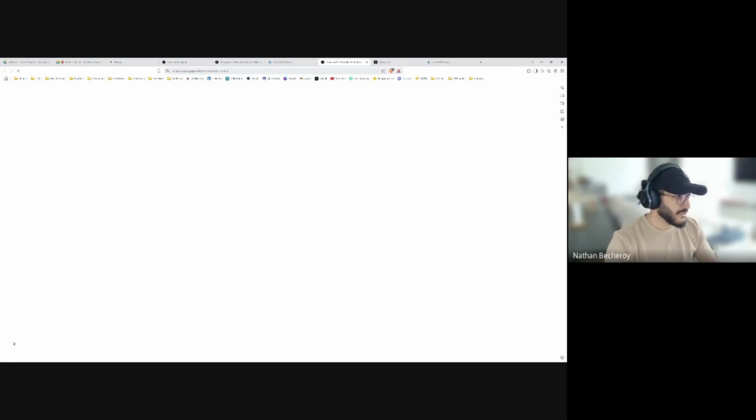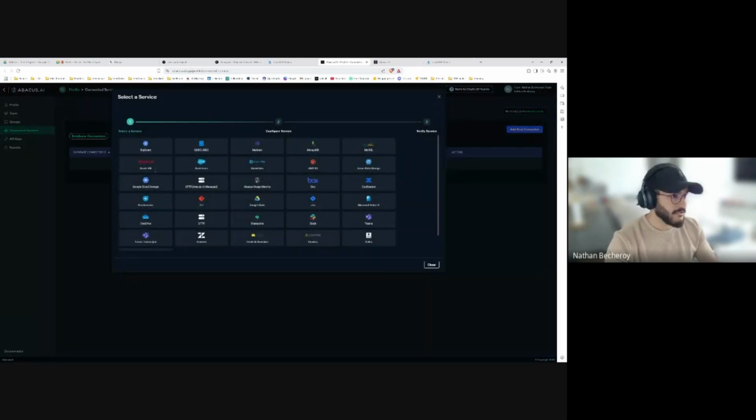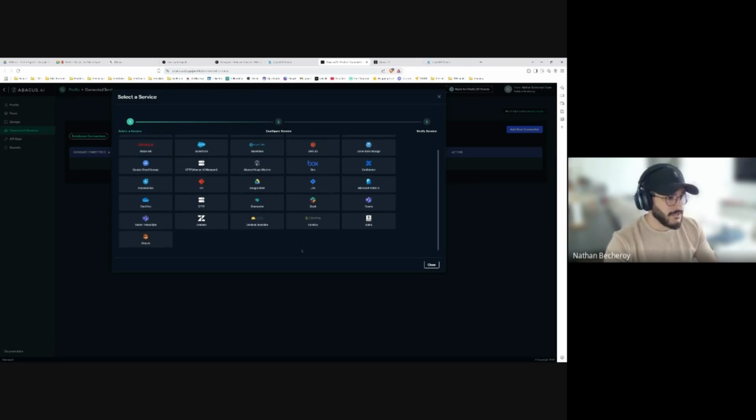You can see also the connectors, and here you will see there are many connectors. You can connect BigQuery, which is for the database, etc. You can connect Oracle DB, AWS S3, Google Drive, Jira, Git, OneDrive, SharePoint, Slack.